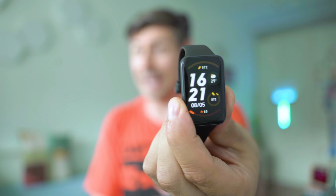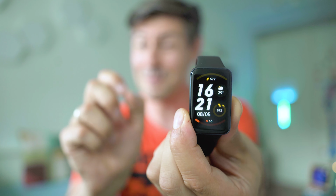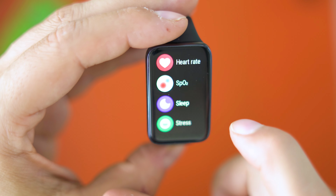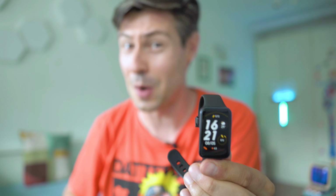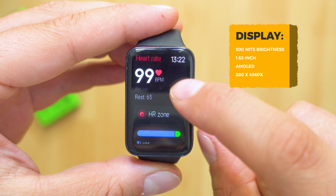A really serious upgrade is the display. It's very much in the shape of the Huawei Band 7. It's very bright, it has better resolution, and two key upgrades compared to the predecessors. First of all, it has always-on display support, which the regular Mi Band 7 also supports. Secondly, and that's huge, it has an ambient light sensor. This is a sensor which can analyze the environment and automatically adjust the brightness depending on the conditions where you are. The peak brightness is also very strong,